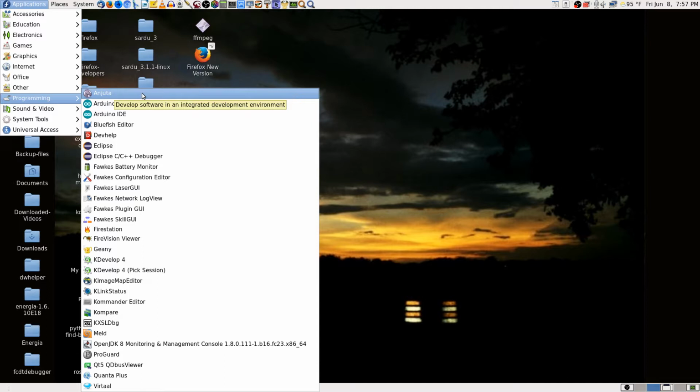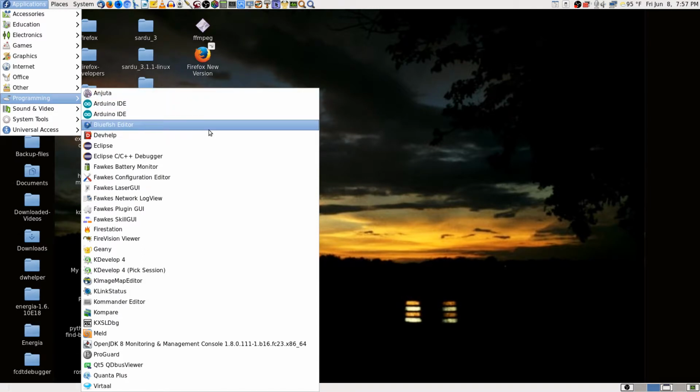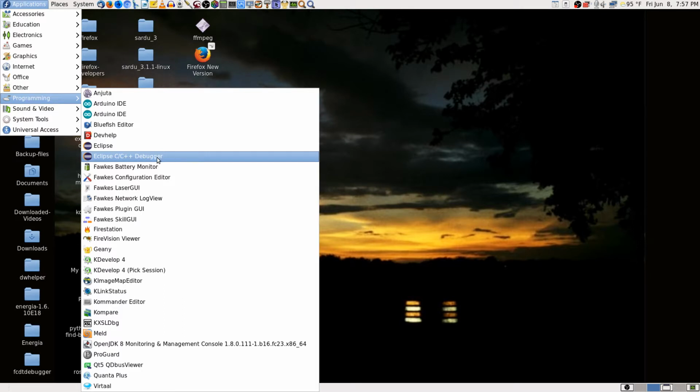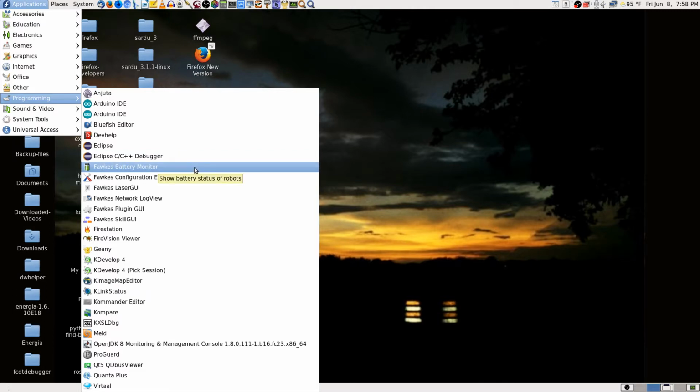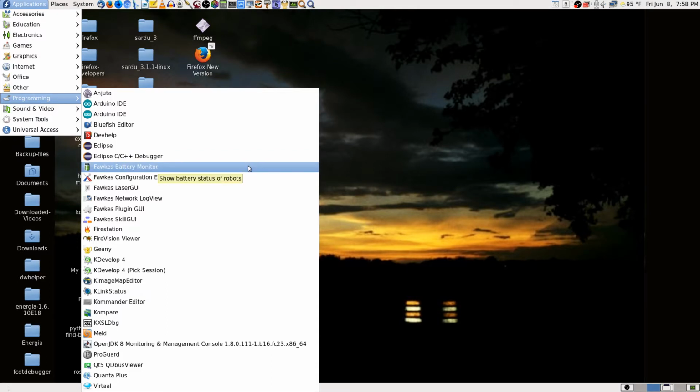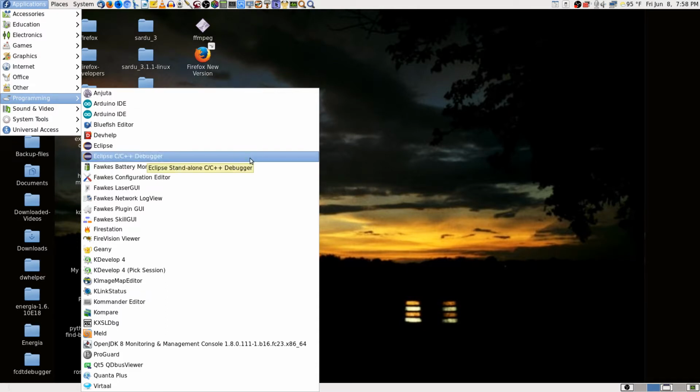Aptana is one I like. Some of them I never really use. That's really more for web page editing, web development. Eclipse is a really good one. Okay, that could be C. Which one was I looking at? That might be C or C++ that I was looking at. I've looked at C before, on and off over the years, and that looks like the way it's laid out. So that might be able to